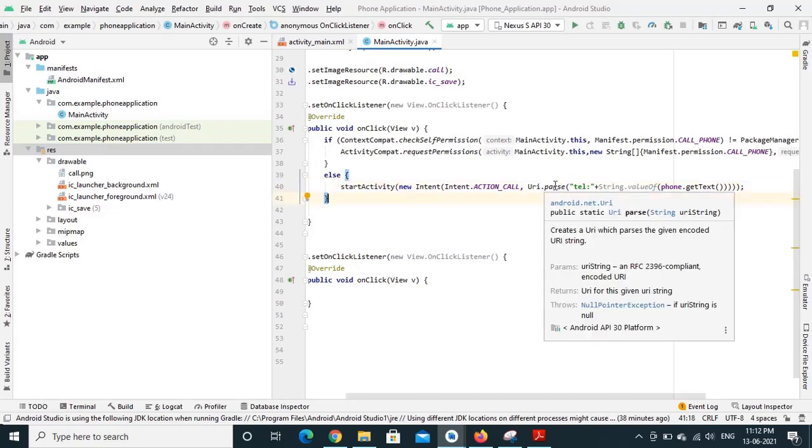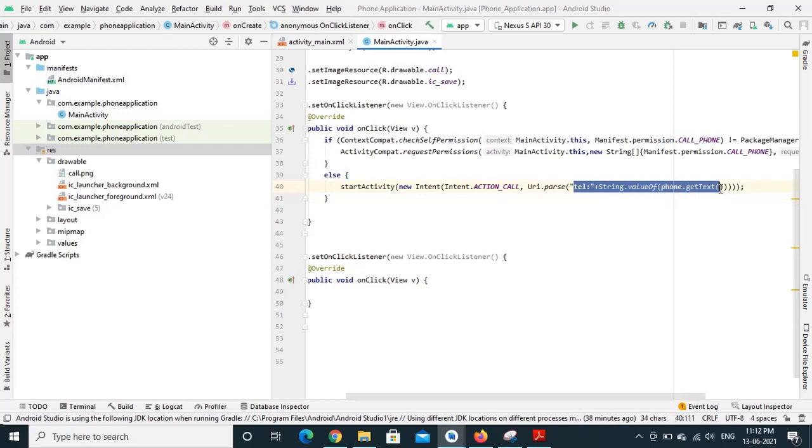This parse function will create a URI which parses the given encoded URI string. This is our URI string, which is nothing but the phone number we are taking from the edit text. And this tel indicates that we are referencing the telephone app or calling application of Android.